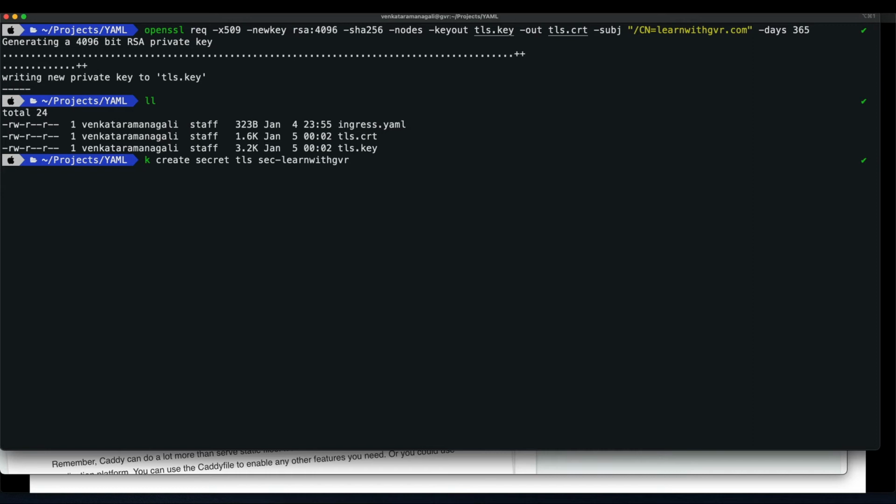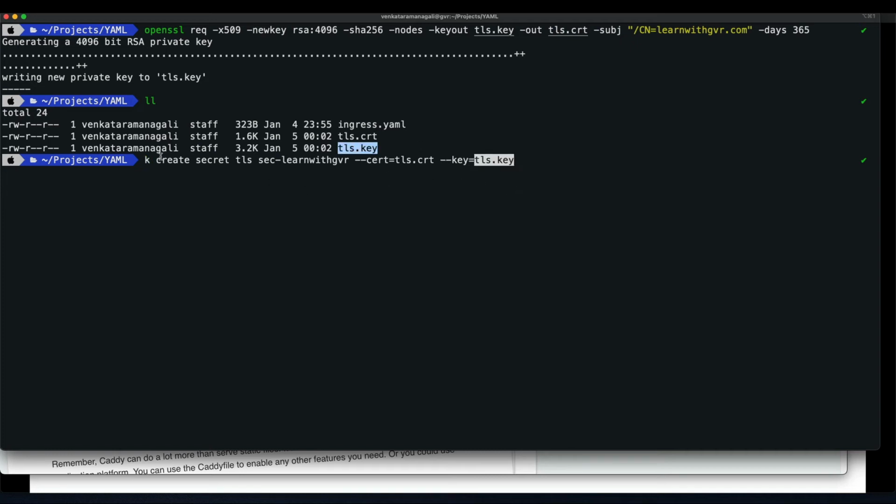And now I need to specify --cert equal to, then what is the certificate? This is the certificate. Sorry. Then I'll paste it here. Then after that --key. What is the key file I need to give?